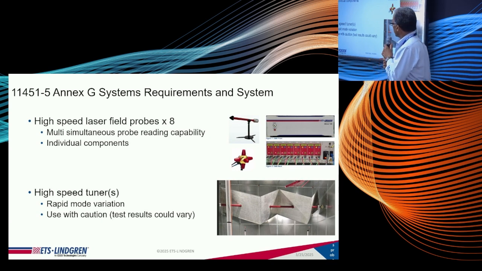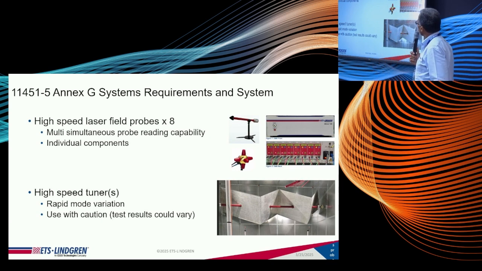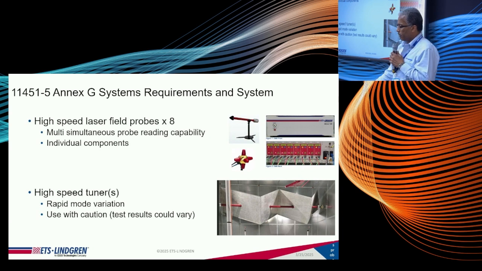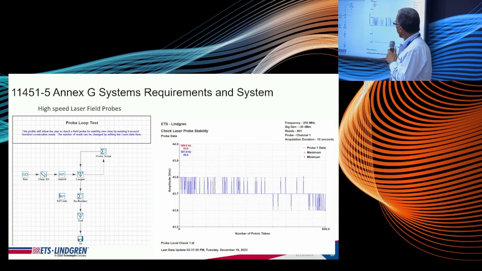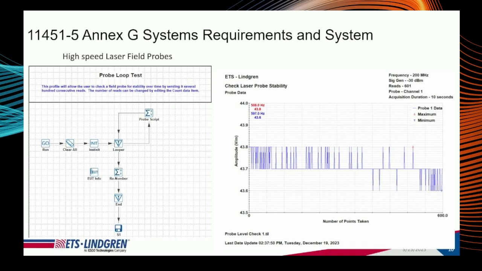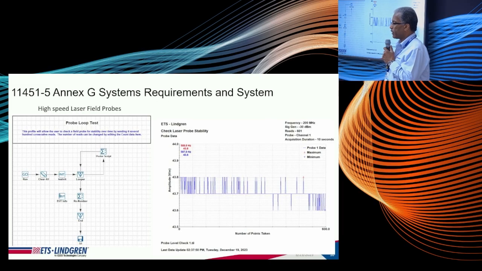So the first question is, well, how accurate are these probes when we are sampling very, very quickly? And what my colleague did was just a quick run showing the sort of variation in measured field as a function of samples. And you can see it's a fairly stable response. It's varying by a few tenths of a volt per meter at about 48 volts per meter during the course of that test sequence. So we're fairly confident that the probe is fairly stable and fairly accurate in the measurement.